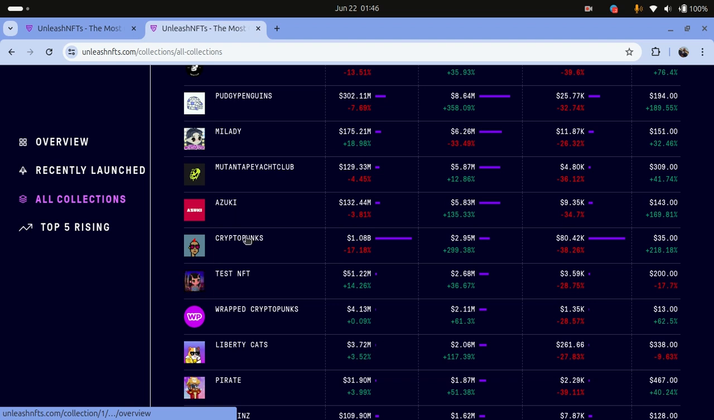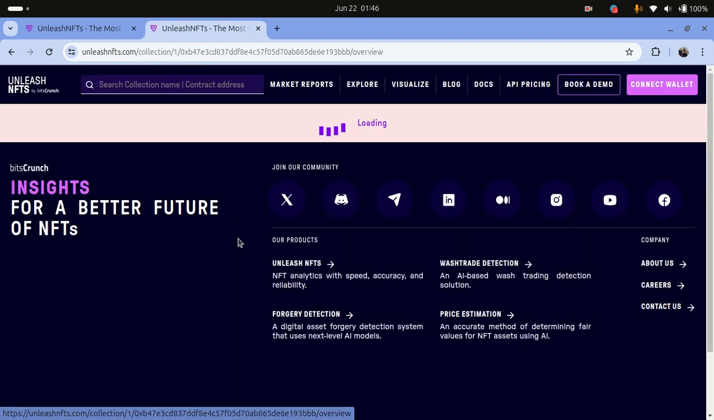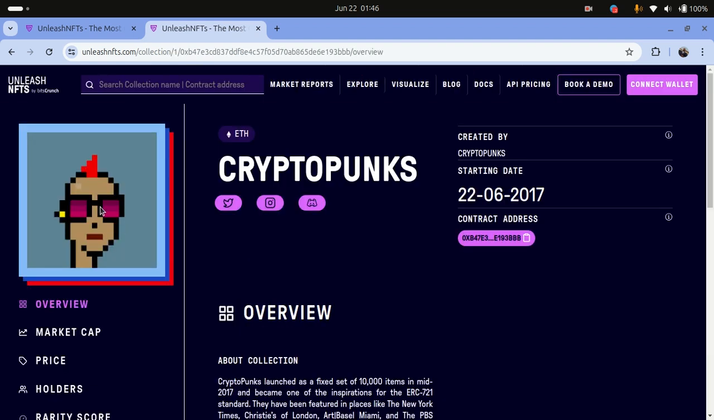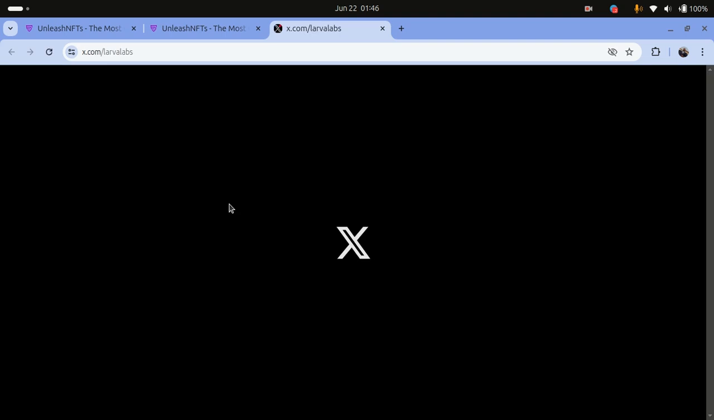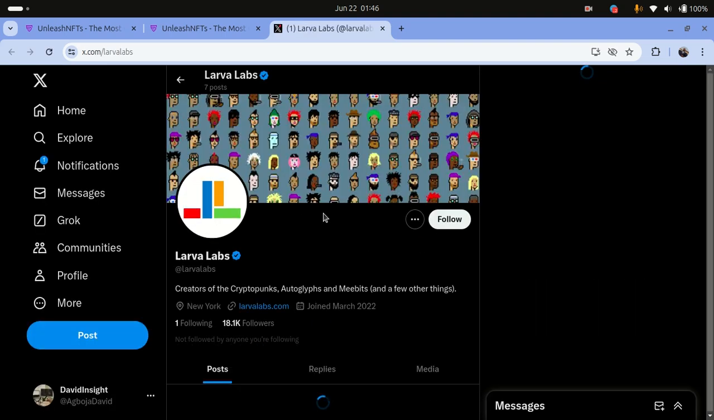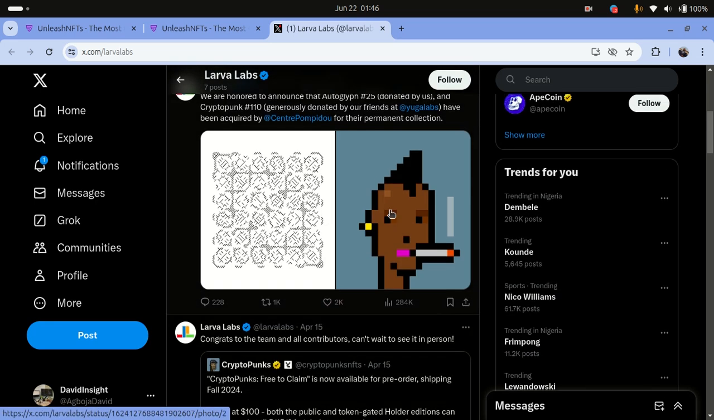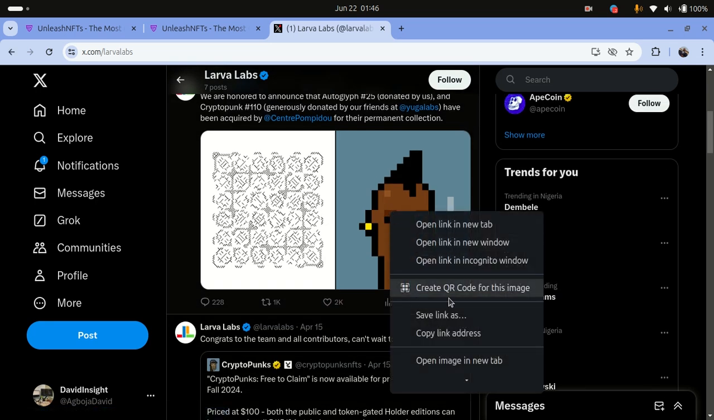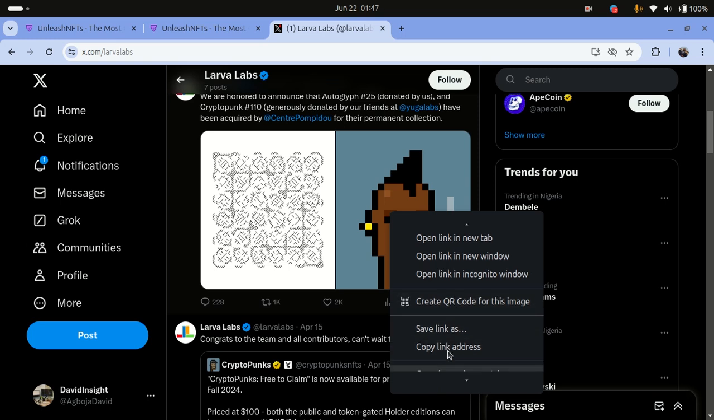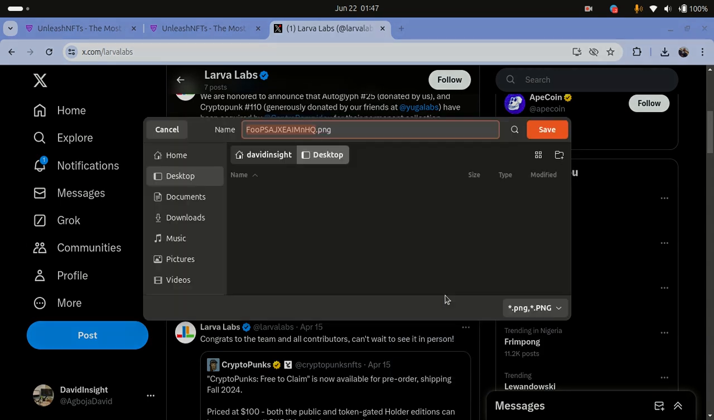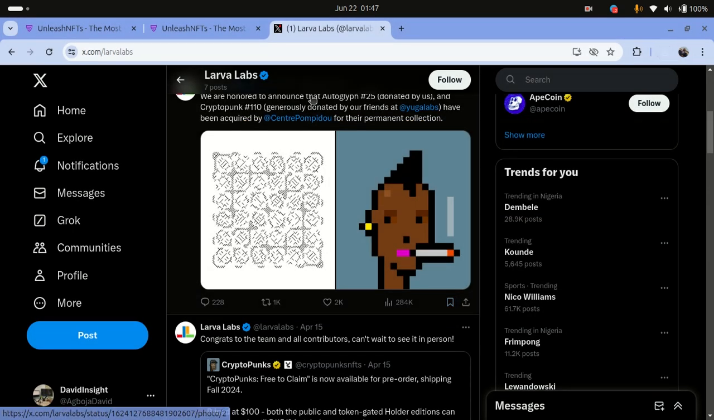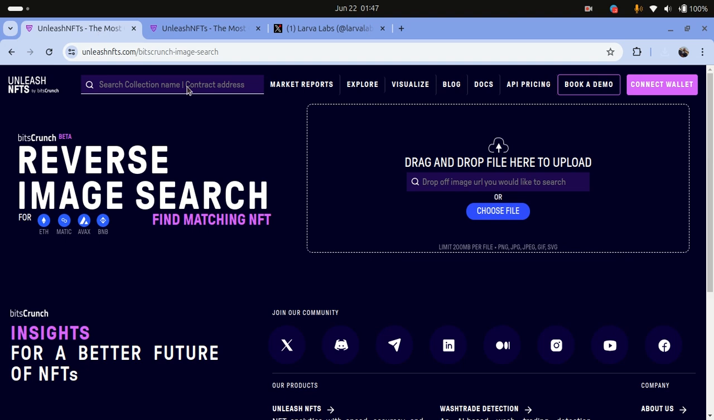Which one do we go with? Let's go here. So you could just download this image here, or you could maybe go to the Twitter handle and get any other image that is there. Let's go with this. Save that. Then you come back to